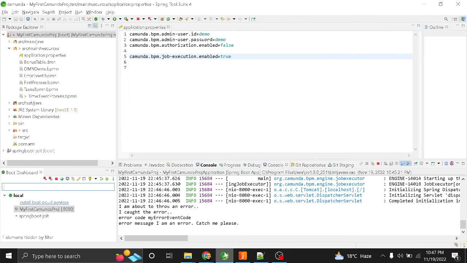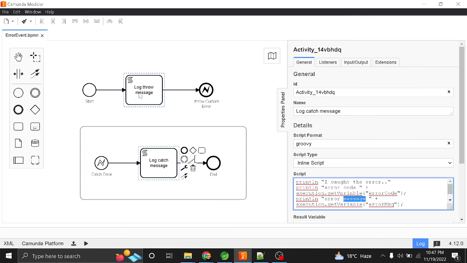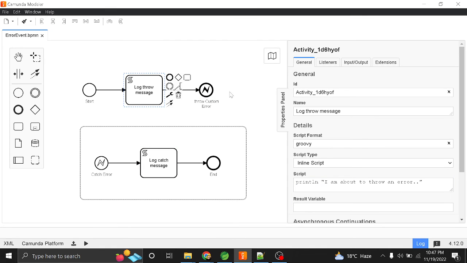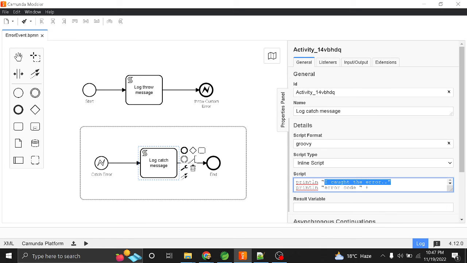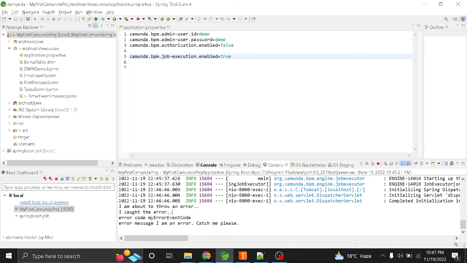Let's check the logs. It is printing "I am about to throw an error", coming from this task. Now it came to this execution point and has thrown the error. It came to this point and printed "I caught the error".